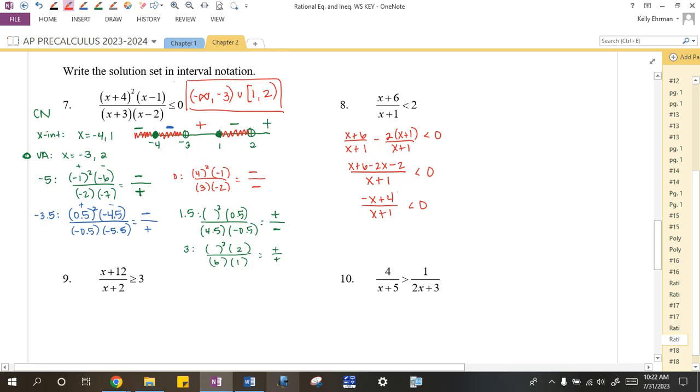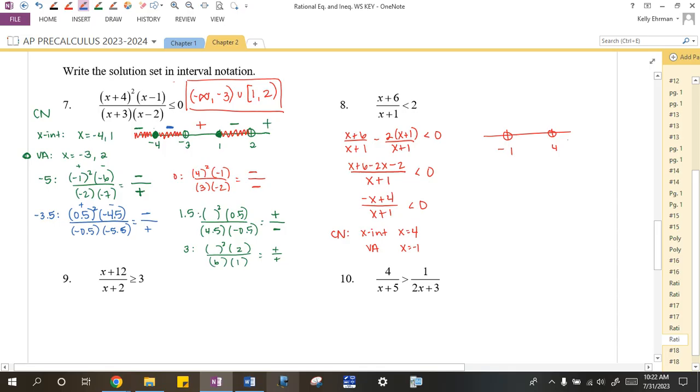Remember, this is what you're testing into. So the critical numbers, there are only 2 of them. We have an x-intercept. When negative x plus 4 is equal to 0, x equals 4. And we have a vertical asymptote, x equals negative 1. Get those on a number line in the correct order. Negative 1 with an open circle. 4 is also with an open circle because the inequality is just less than. And then when we test